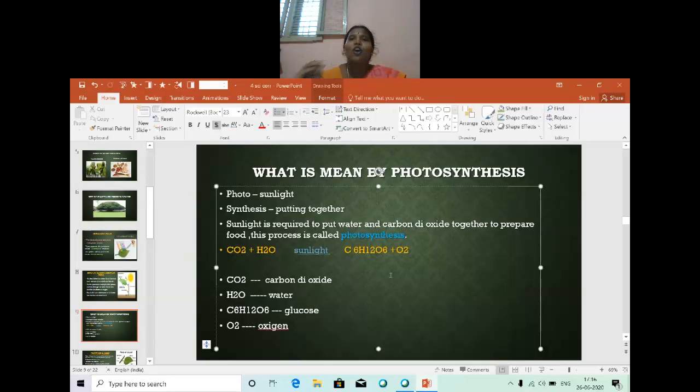Carbon dioxide is a dirty air. Just imagine carbon dioxide is dirty. See, if you are taking a bath, what will happen? We put pure water onto our body. After that, it will flow out as dirty water. The same way, we breathe in pure oxygen. It is pure air. After respiration in our body, we let out the carbon dioxide. It is the dirty air. Isn't it?